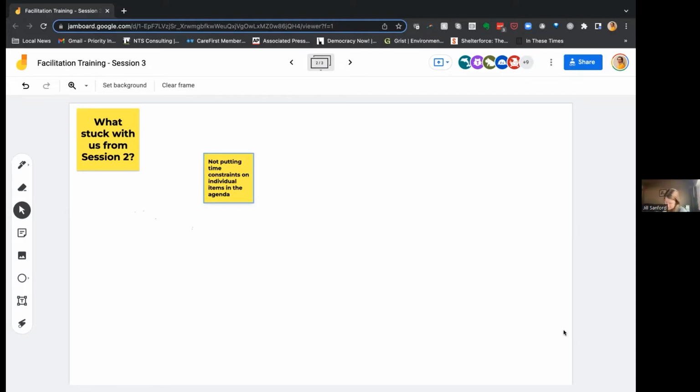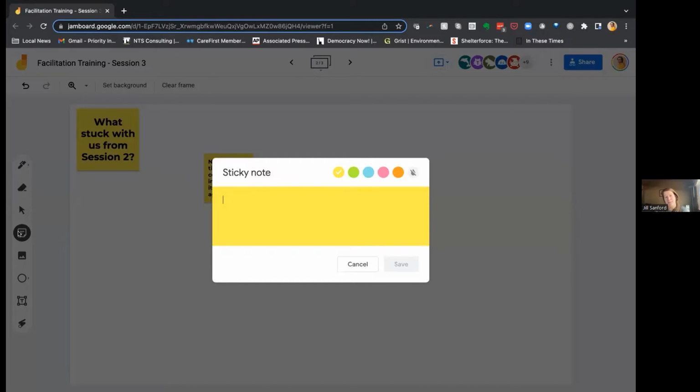I'll chime in. I think one thing that I wrote down that I remember, especially how we kicked it off today, is not only establishing and building group norms and collecting buy-in from everyone, but honoring them in the process throughout the meeting. I believe that was session 2. So the norms aren't just a nice thing to set up. They're not just a box to check, but we can actually, and we're going to talk a lot about this today, really set the tone with those expectations, and also with the way we design things.